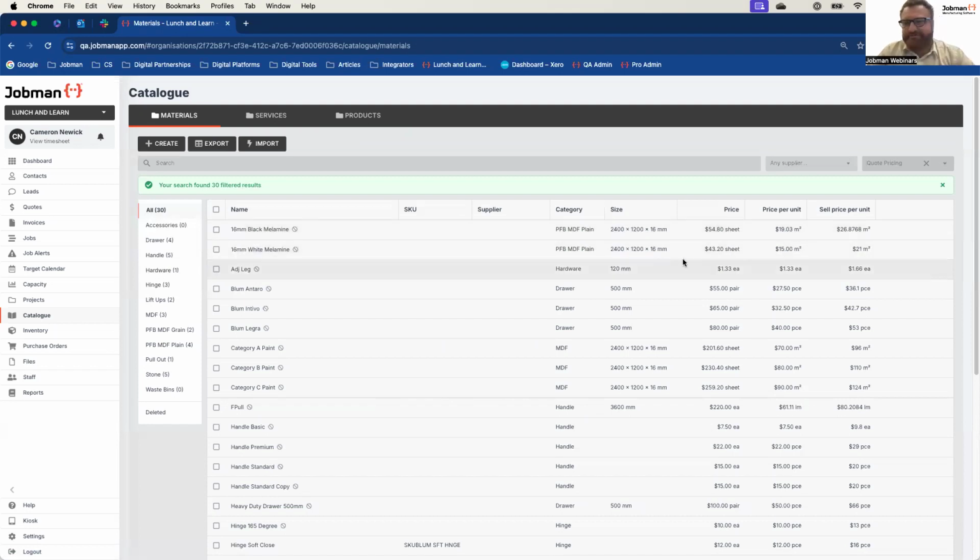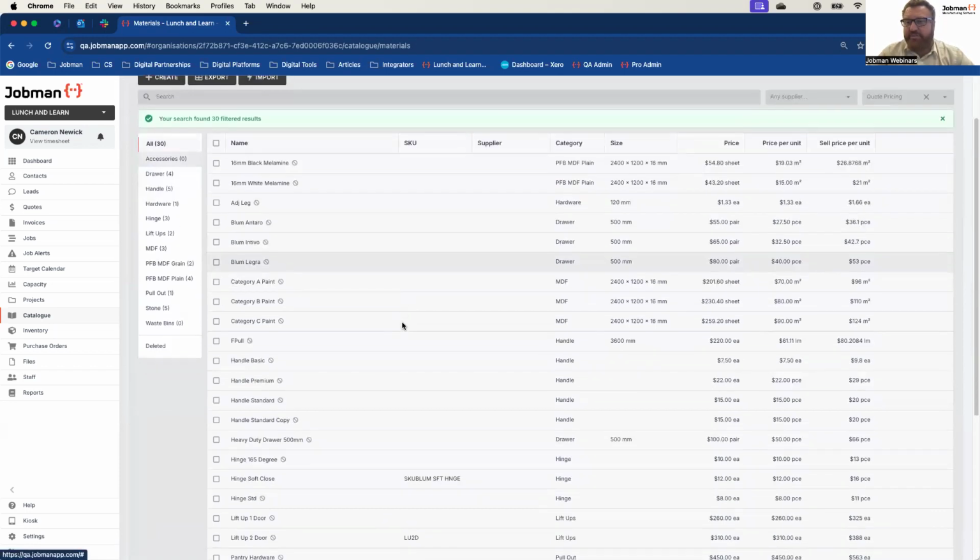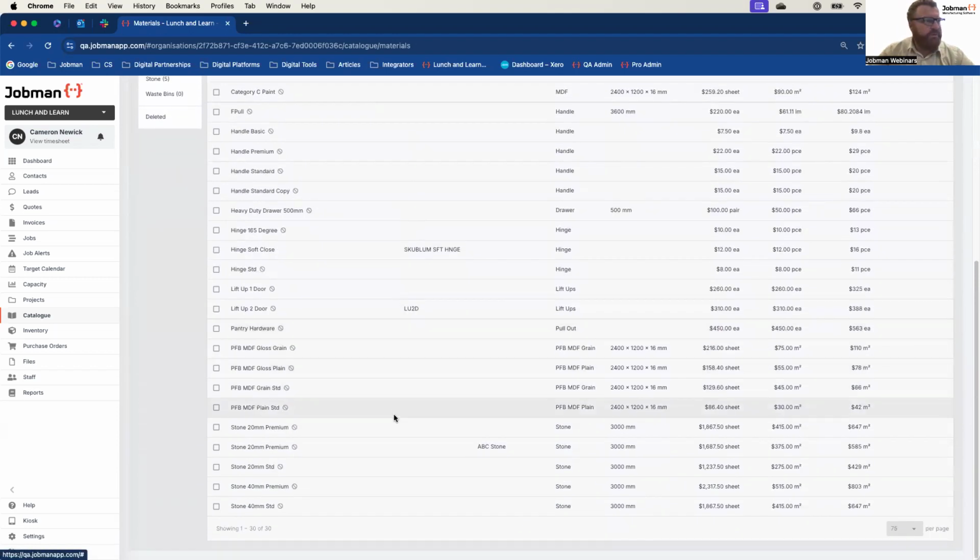You might have a third option, which could be color. You might be in the steel industry, so you have a general price for your 5 mil cold, your 3 mil cold, 7 mil, etc. These are your drop-down options. And by telling Jobman what these things are made out of, I'm impacting the pricing in the quote. The beauty of this is, as you can see, I've only got about 30 quote pricing options here. Most companies we deal with would only probably have 30 to 40.